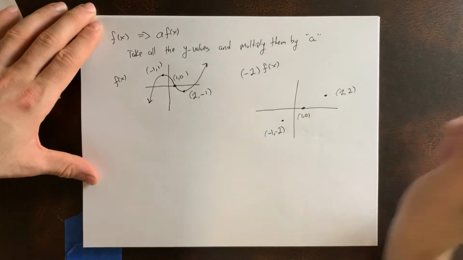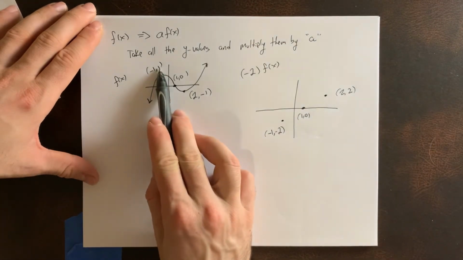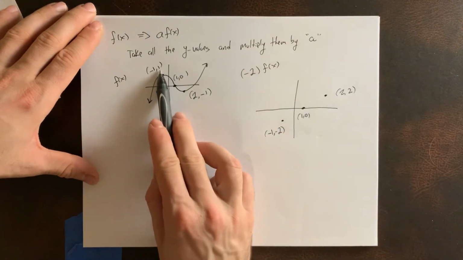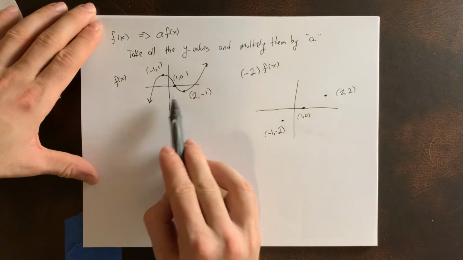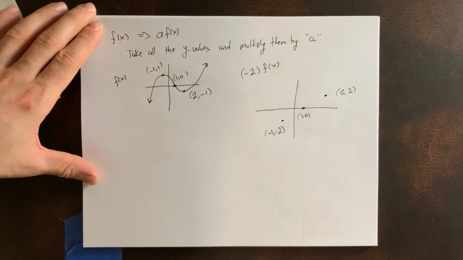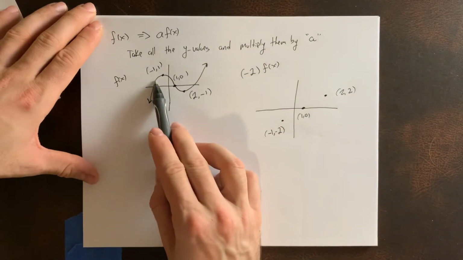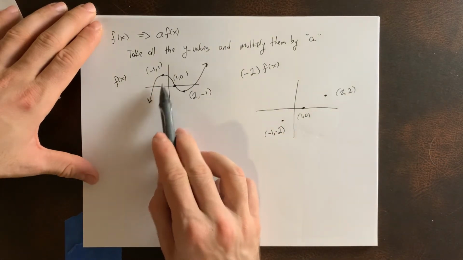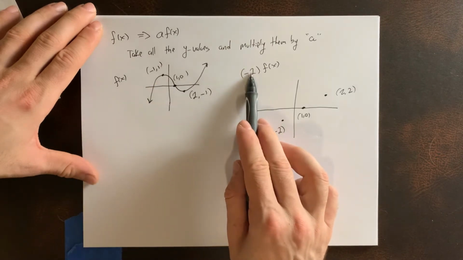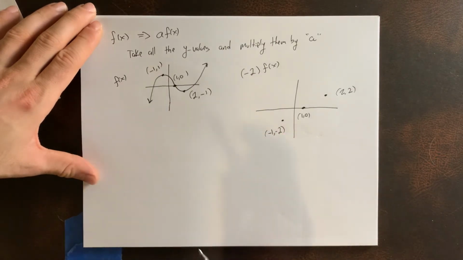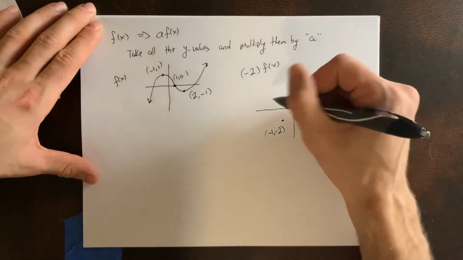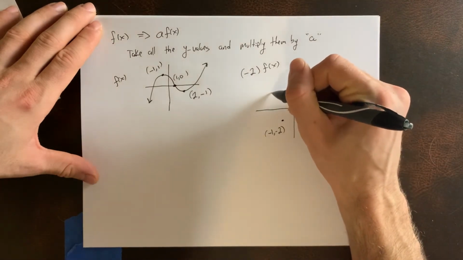But if you see what's happening, we're multiplying, so that number is changing. But when we multiply by a negative, you see up here, it took this point and brought it to the bottom, took this point and brought it to the top. So really what's happening is if we multiply this point by a minus 2, it's going to come down somewhere over here. So basically when we multiply by a minus, the whole graph gets flipped upside down. So instead of looking like this, now it's going to look like,